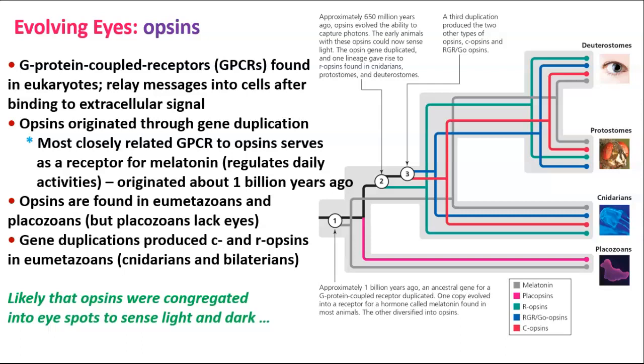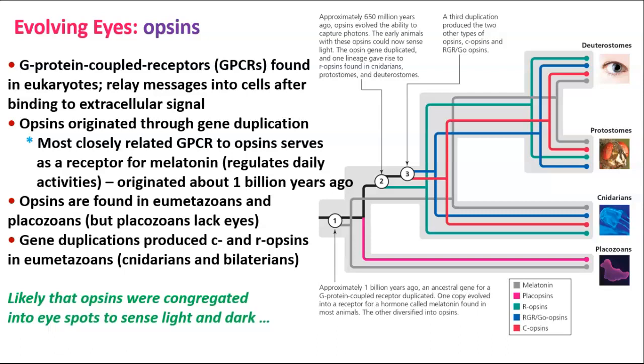Then after that event, gene duplications produced the C and the R opsins in eumetazoans. And again, it bears out looking at this kind of complex cladogram that's showing the pattern of origins of these different photoreceptors. And so we can figure that